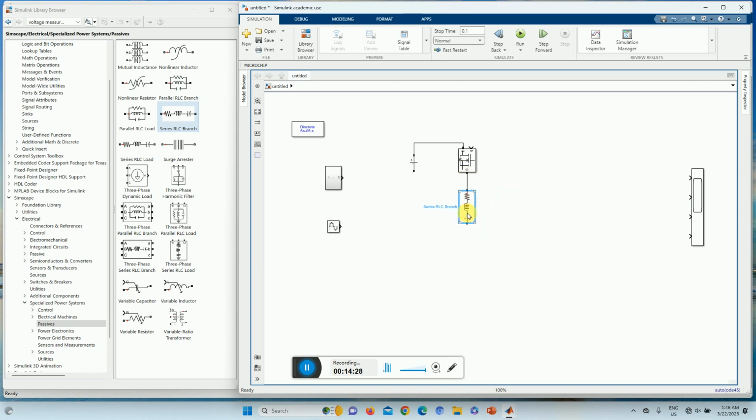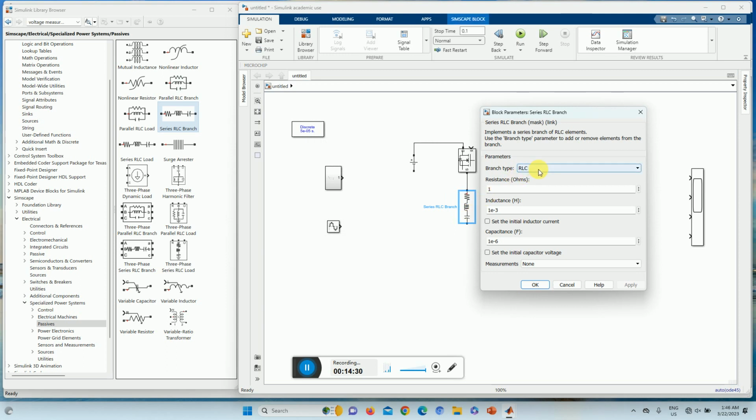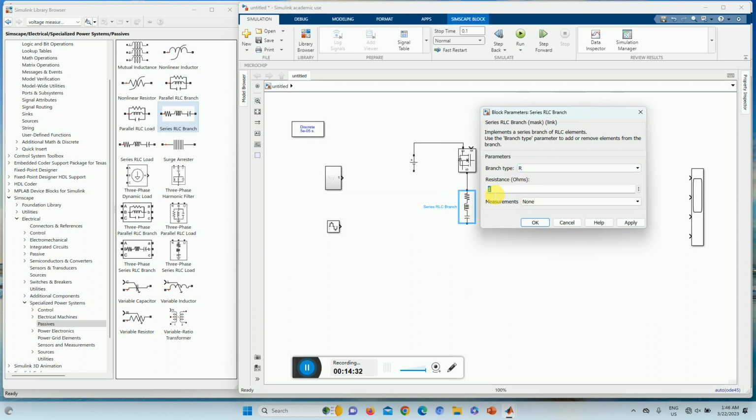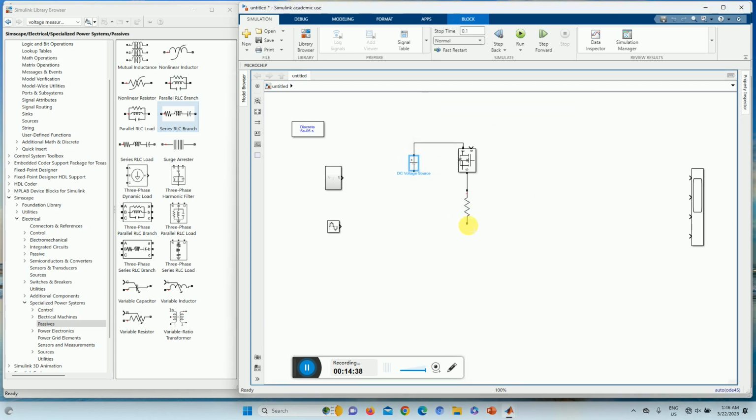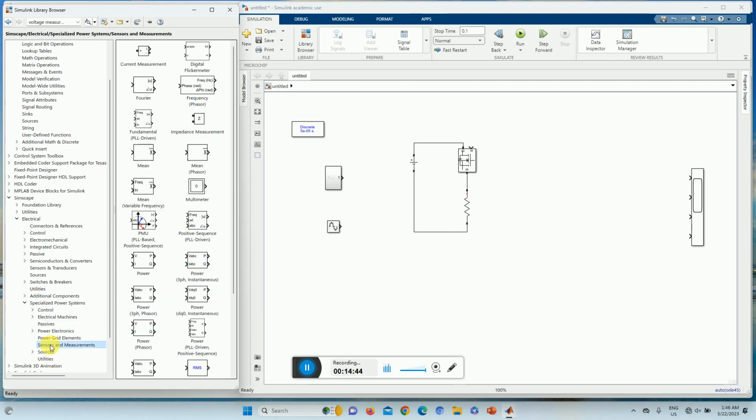So this resistance only R, value 10, this voltage is 100, fine, so we connect it here. So we need also to see the measurement of here. So what is the measurement we need to do? Here it is,